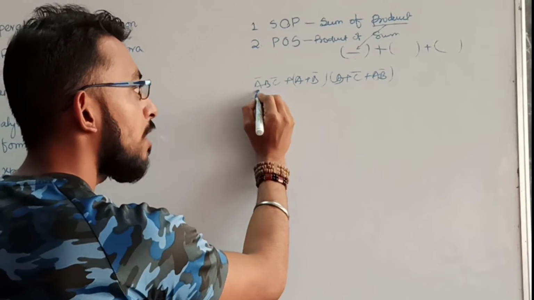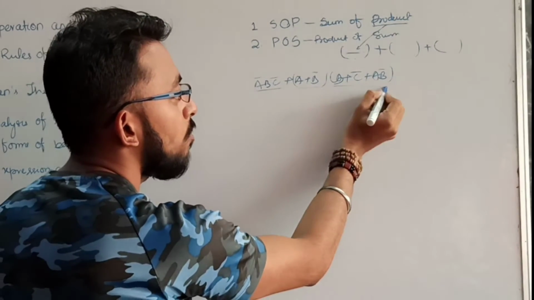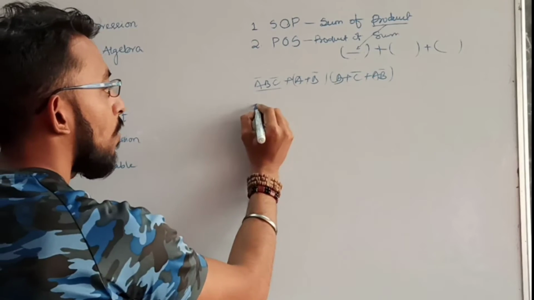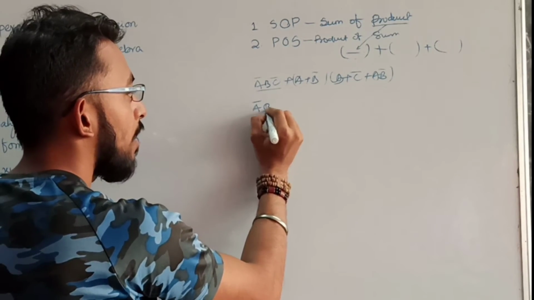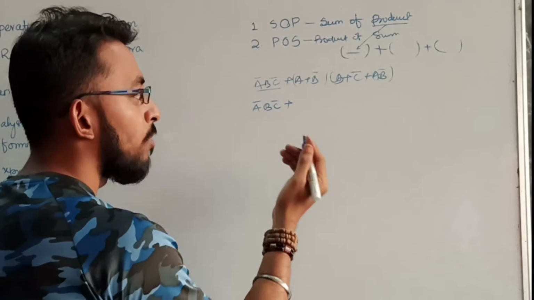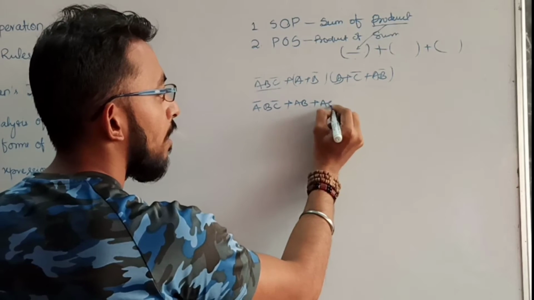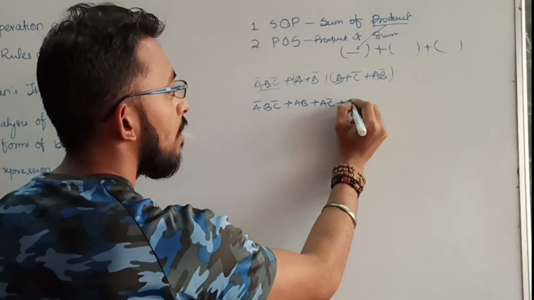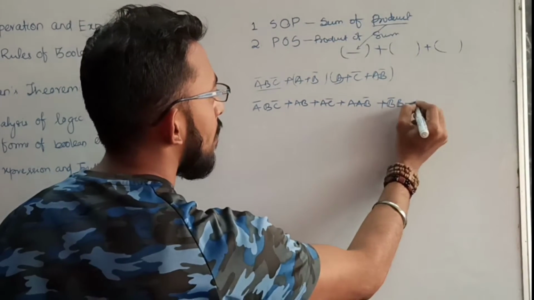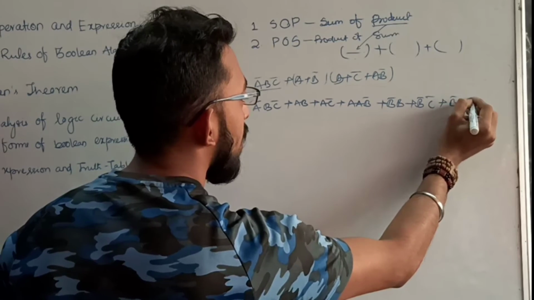Here you see, here is one product term, here is one sum term, here is one sum term, and they are multiplied, so it is not in any single form. So what to do? I have to expand this one, A B C bar. I have to multiply each term and apply the distributive law. It is nothing but AB, then AC bar, then A B bar plus B bar B plus B bar C bar plus B bar A B bar.